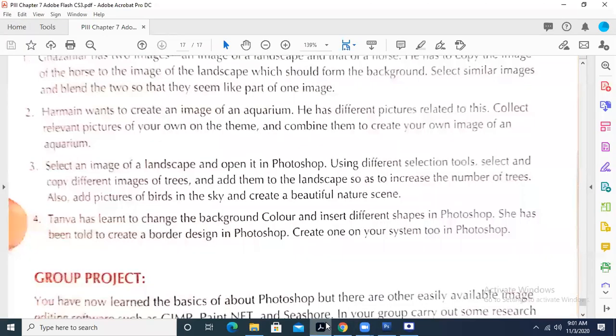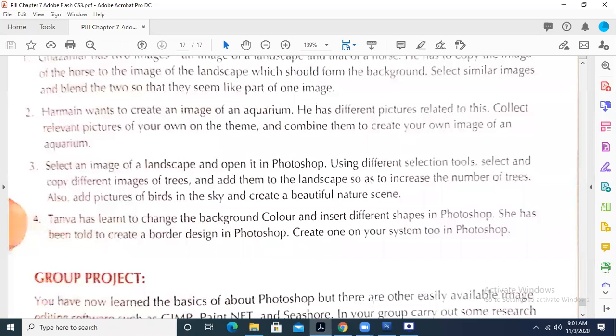This was basically the objective. Tanva has learned to change the background color and insert different images in Photoshop. She has been told to create a border design in Photoshop. Create one on your system too in Photoshop. Border design, how we can draw different kinds of borders.